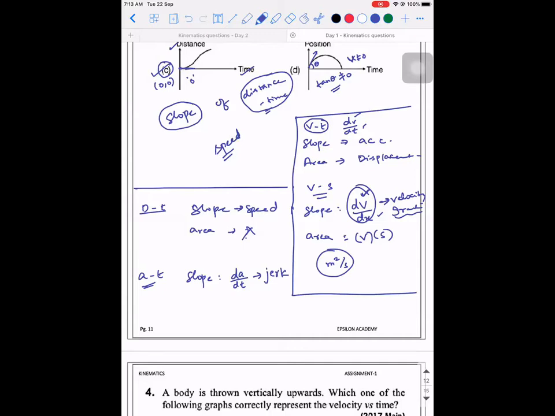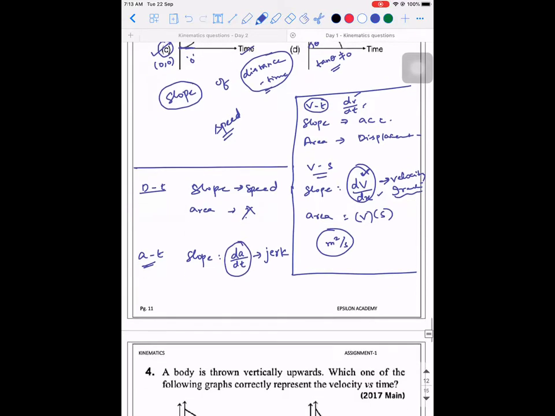Like for example, you come on a lift when the lift is hitting the spring and stopping, right? You would have experienced a small jerk before it comes to rest. You would have a smooth one, it is fine, but there will be certain lifts where you will hit a jerk, right? That is the place where the acceleration itself is changing with respect to time. Then what is area? Area is what is velocity.